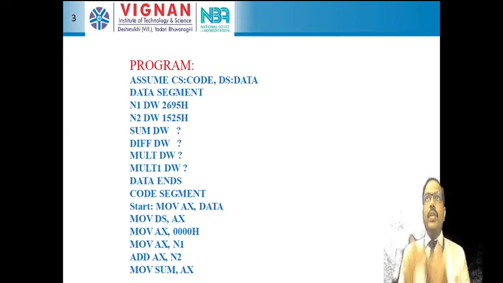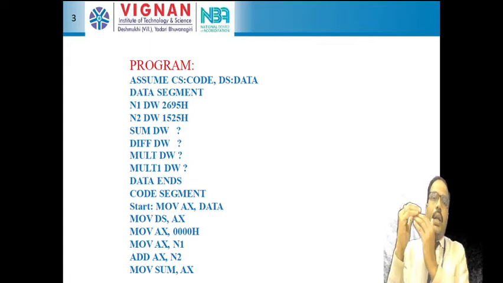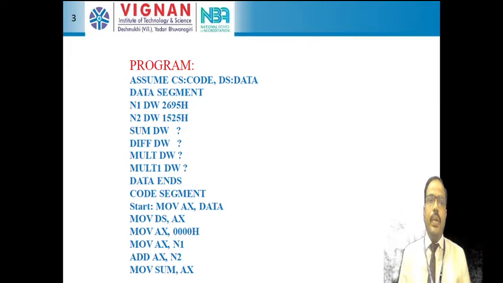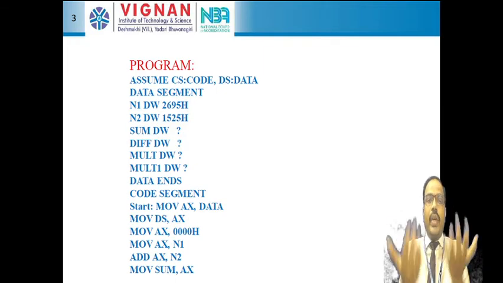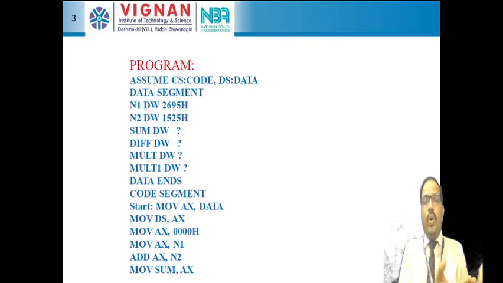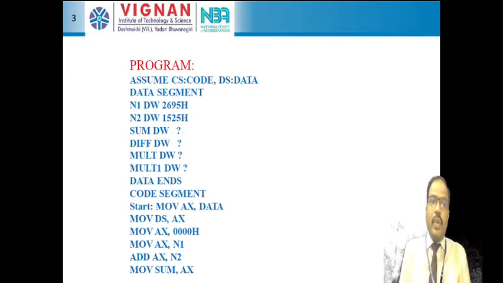Addition, we are getting the result. So you have to allocate a memory location in the data segment for sum. You can write sum DW ?. Why question mark? Whatever result we are getting may be more than a word, and I don't know the exact size, that's why I am putting a question mark. So define word. For the result sum also I am going to allocate a word location.